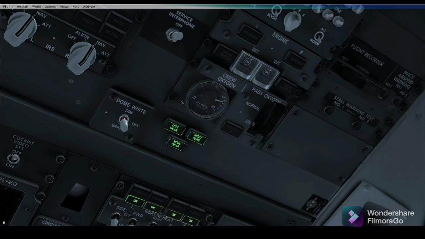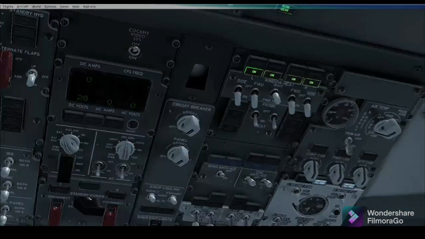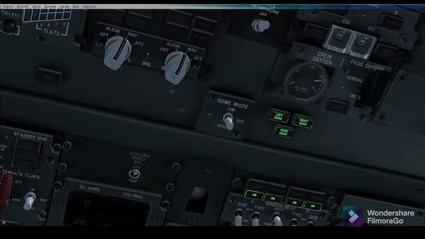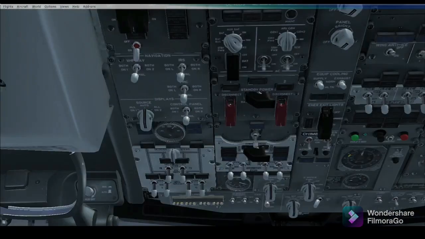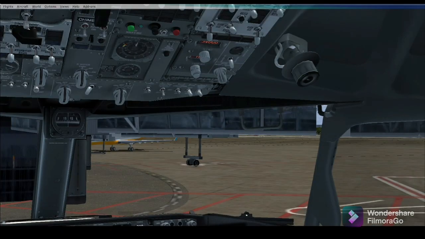We can check over here. This is the alternative option in the 737-800 series aircraft. Right now we have completed the aft and forward overhead panels.